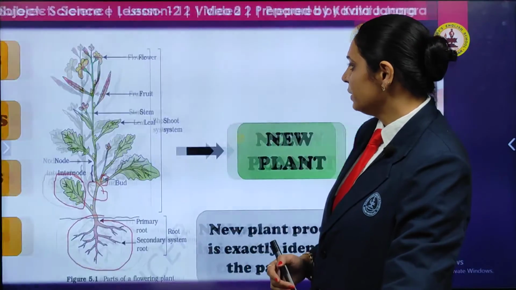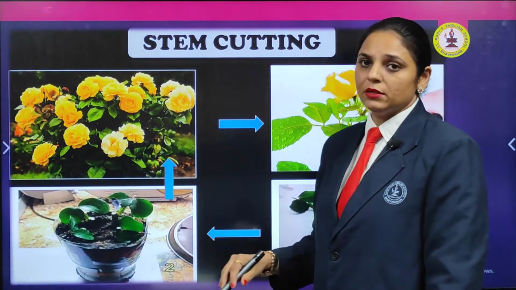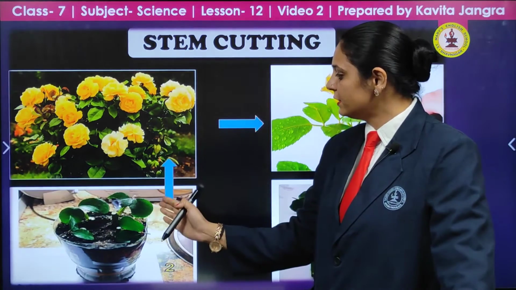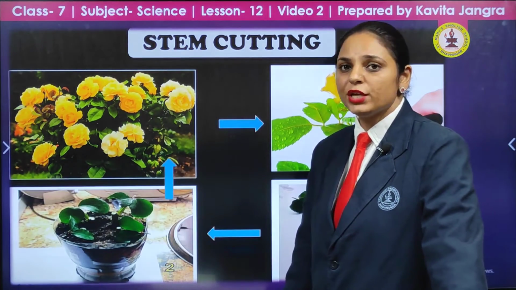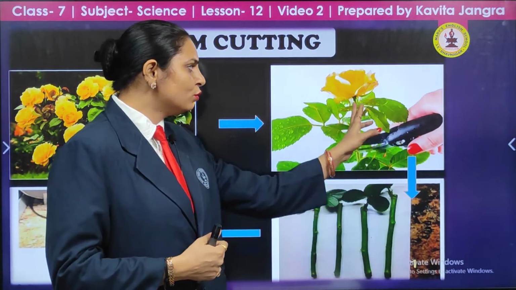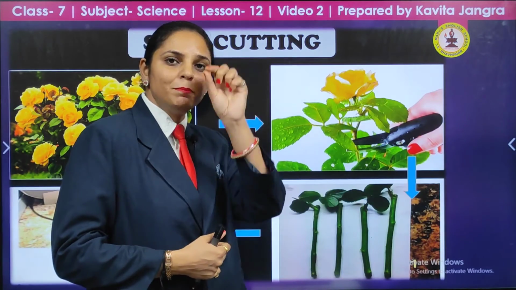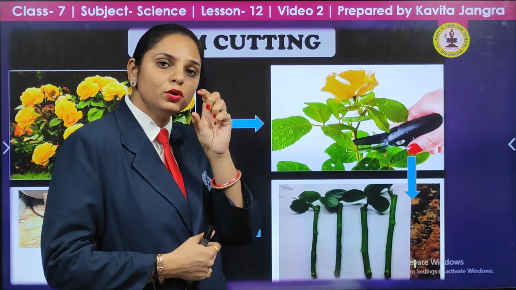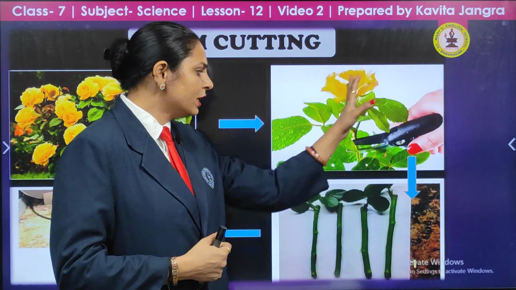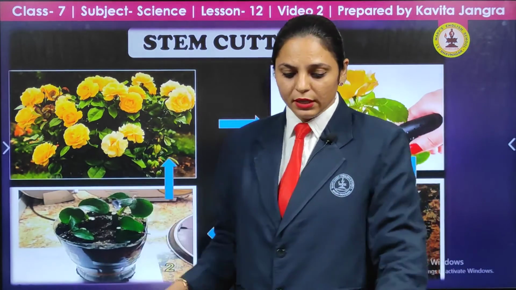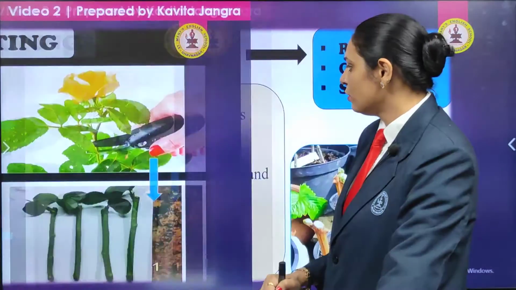Okay. Next we have the stem cutting method, that is vegetative propagation through vegetative parts. Here we take the stem part, in the rose case. When you cut the stem, remember that 2 to 3 nodes should be there. The point where the bud grows, the bud region, should be included, that is, the node should be there. Just cut the stem part of the rose and then plant it into the soil. Keep watering it regularly. After a few days you will see a number of rose plants.